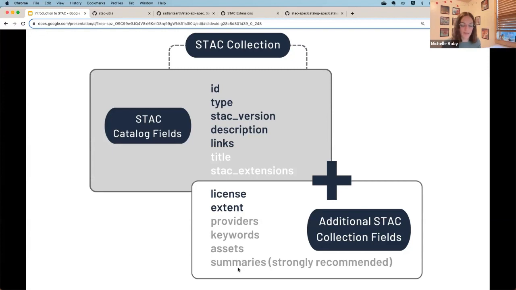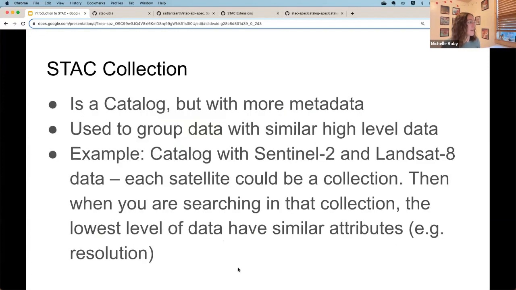So I'm just going to go back a few slides to this written description of the STAC collection. So as I mentioned, it's a catalog, but with additional metadata, which we just got to look at. STAC collections are used to group data with similar high-level data. So right here, I have a written description, and then the next slide, I have the visual of this.